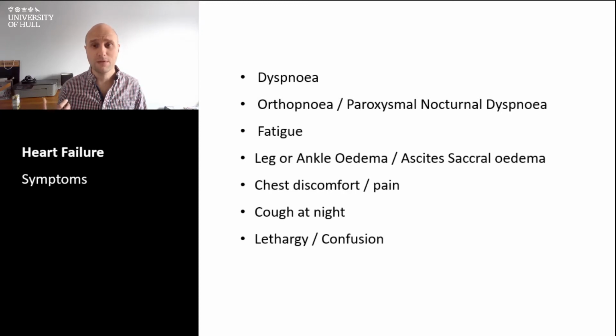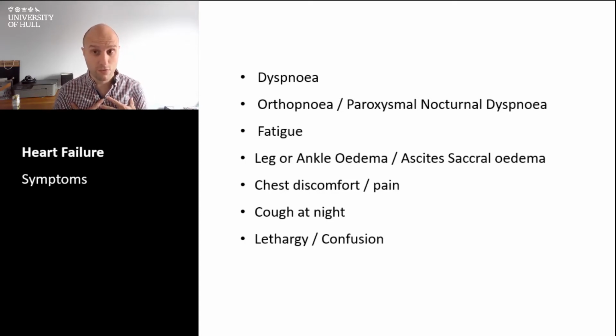Now, in terms of being affected, there are different symptoms that can manifest with heart failure. So dyspnea, difficulty breathing. And if you can imagine, if your heart is failing, then you're going to get fluid collecting in the lungs and affecting your ability to breathe comfortably, and also affecting your oxygenation. And off the back of that, people have something called orthopnea, which is where they breathe better when they're upright